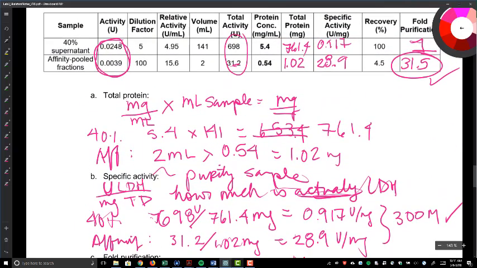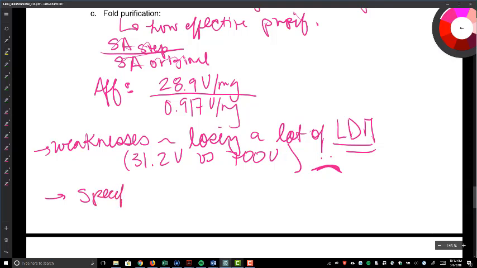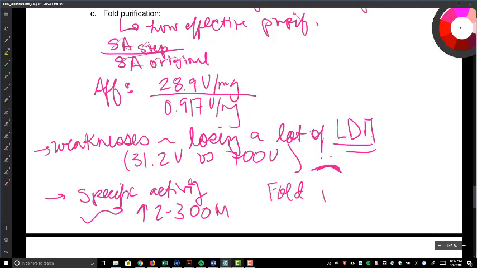We end up with a total activity of 31.2 units versus almost 700 units starting off. So we did lose a lot of protein, which kind of stinks. However, our specific activity is going up 2 to 3 orders of magnitude, which is good. And our fold purification, our sample is 31.5 times more pure than it was at the beginning when it was in